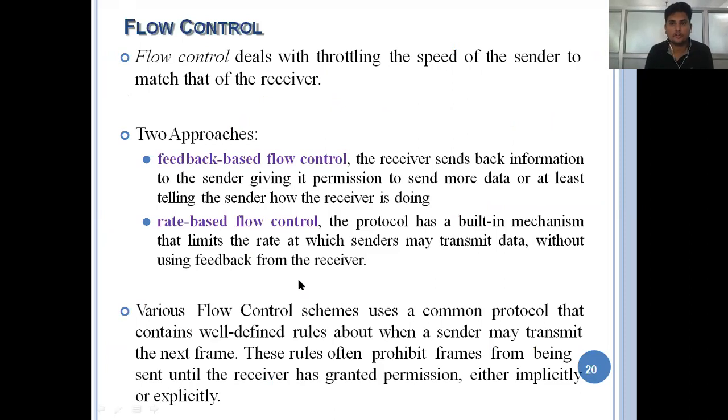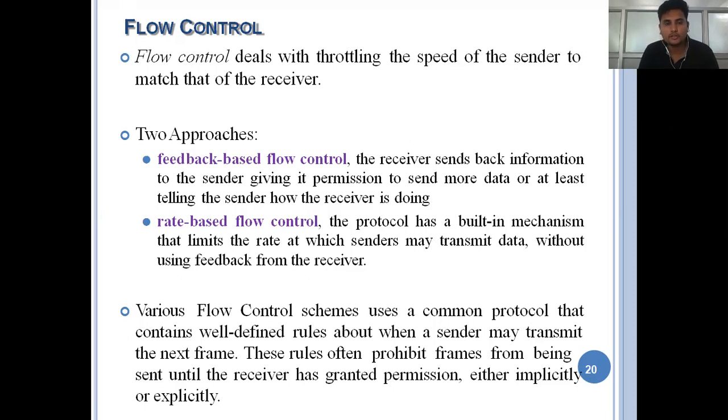The next one is flow control. Flow control means that the sender sends quickly but the receiver doesn't accept at that quicker pace. Otherwise, the receiver wants to access data quickly, but the sender doesn't send at that speed. These are some drawbacks and disadvantages in data transmission. So in the data link layer, the major advantage is flow control.